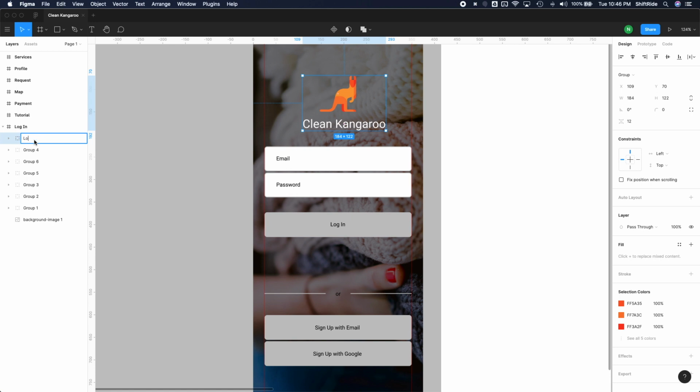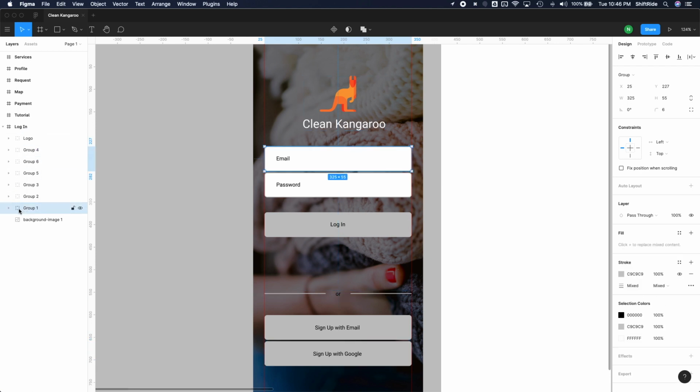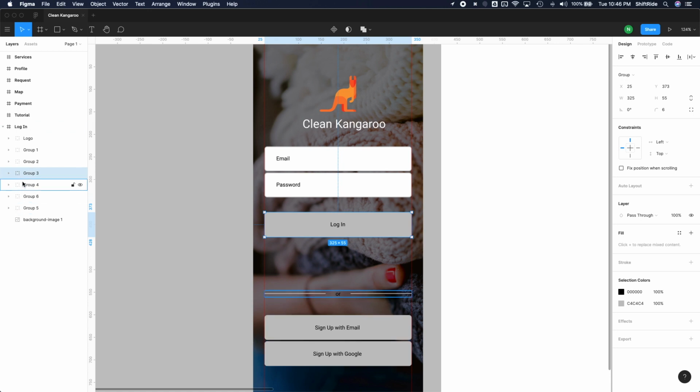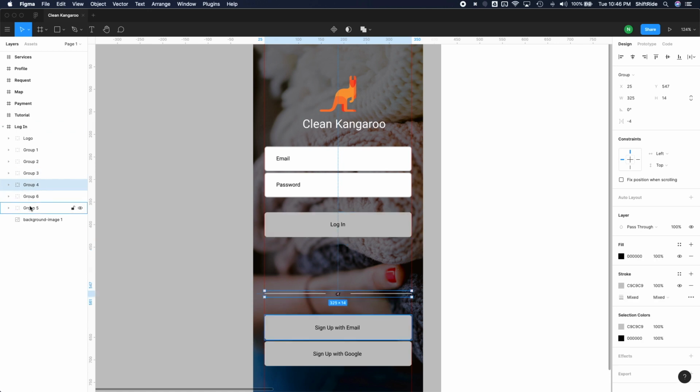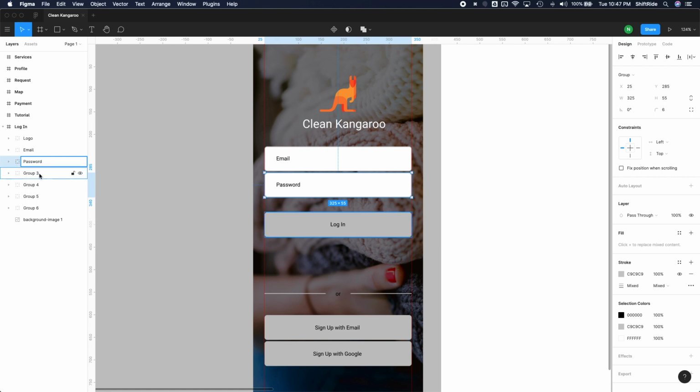So let's do logo. And let's go ahead and just kind of follow convention here to add a hierarchy that makes sense. So let's go ahead and first place our group 1, and then our group 2, which is the password, group 3, 4, 5, 6, and then let's rename the rest. Email, password, login button,